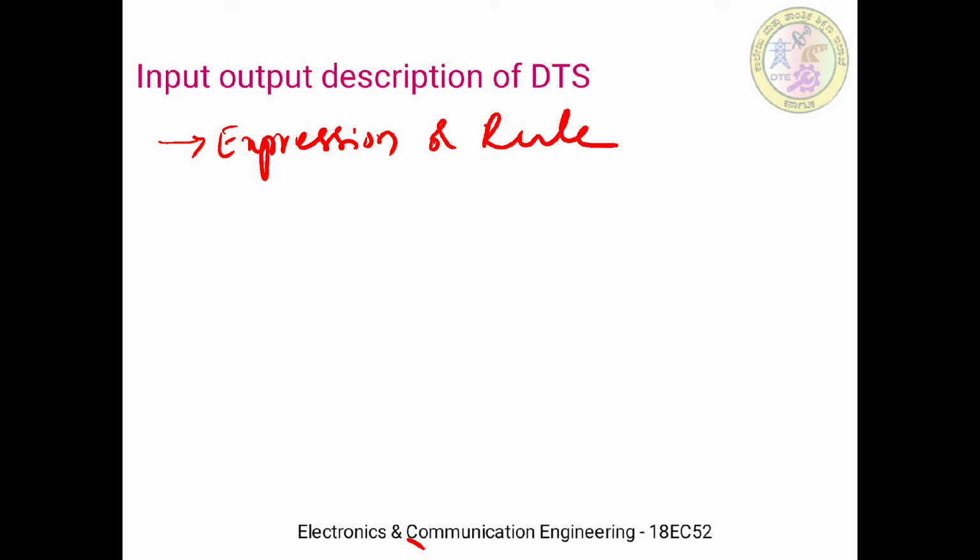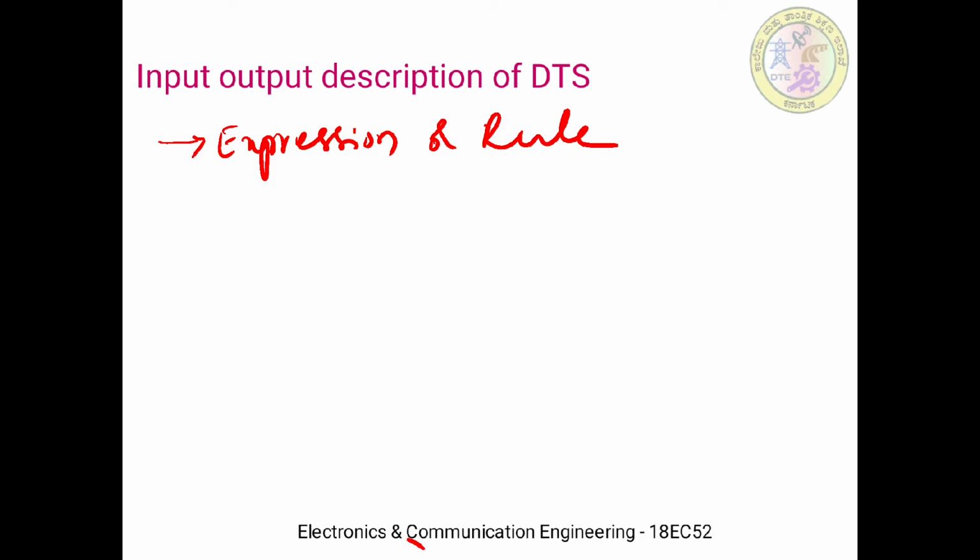Therefore the relation between input and output of a discrete time system is defined by either an expression or a rule. Here the exact internal structure of the system is either unknown or it can be ignored, because we are directly relating the output with the input, that's all. So the very detailed internal structure of the system can be ignored. Thus the only way to interact with the system is by using its input and output terminals. You can imagine the entire system as a black box.